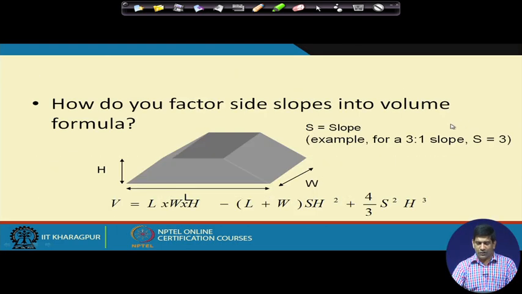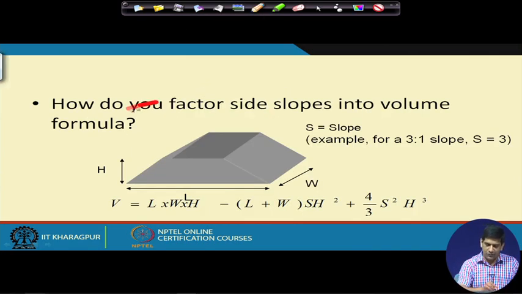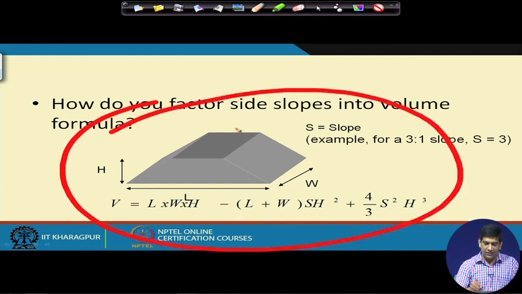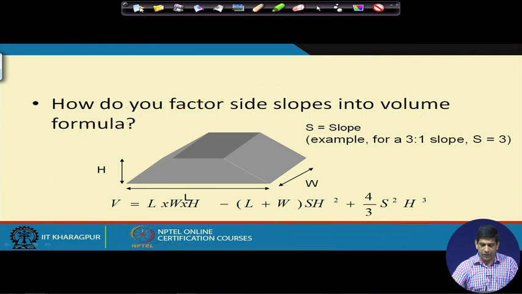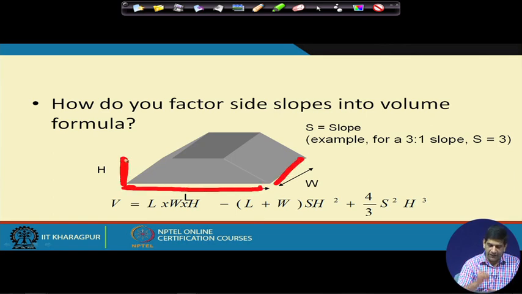So how do you factor side slopes into the volume? This is how the typical volumes are calculated. Initially, when I told you L times W times H, that's the very simple way of doing a rough estimate. But when you are doing the actual problem, this is what we need to do. This is how the landfill looks like, what you see in this picture. You have the length, you have the width, and the height of the landfill. We take all these three, and this L times W times H